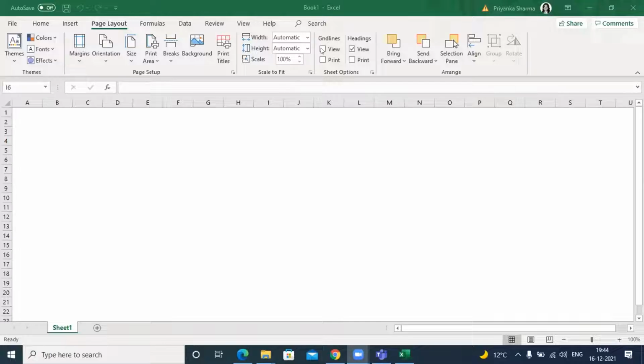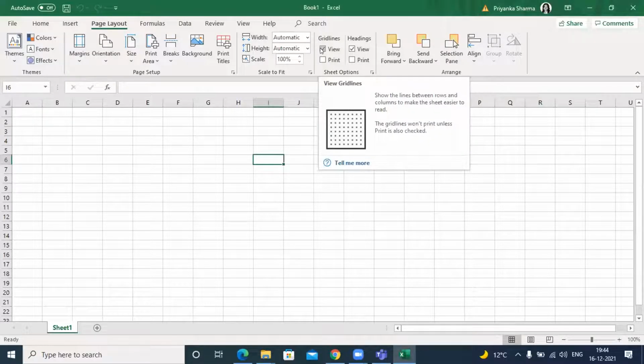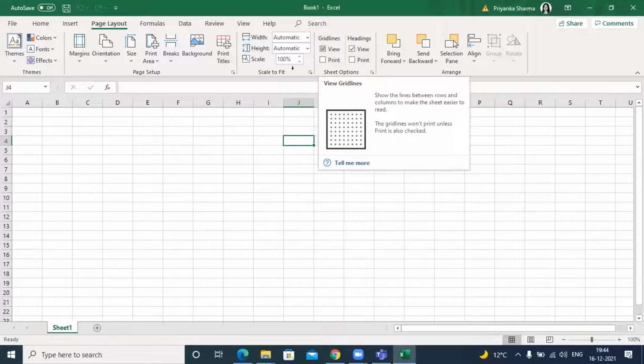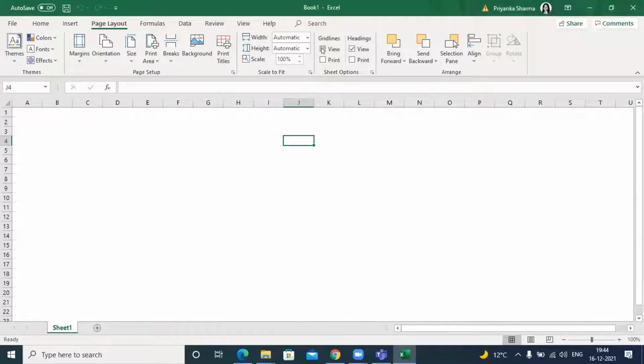Under this grid lines option, can you see this view option? This view option will always be initially enabled. All right, everyone? Yes, good. It will always be enabled by default because that is how Excel is written. The software behind Excel is written like this. It will always be there. If you want to hide it, how can I hide it? Just turn this off. Click on this view option and now you will see no grid lines at all.